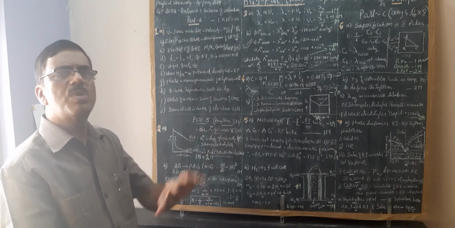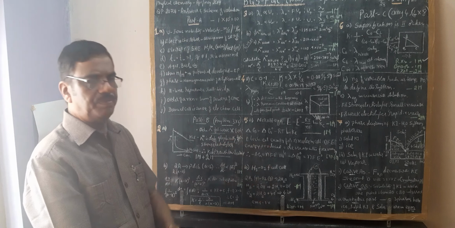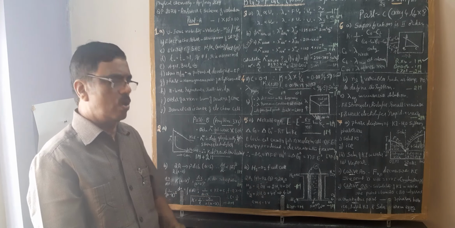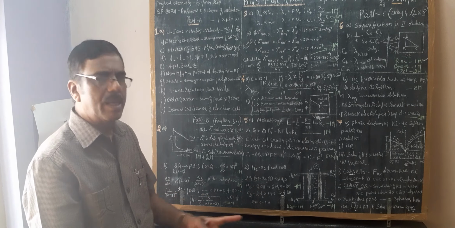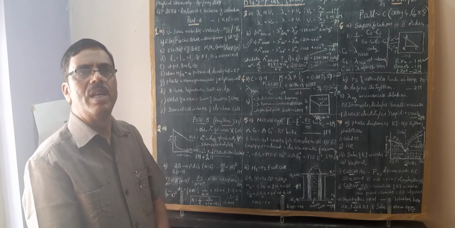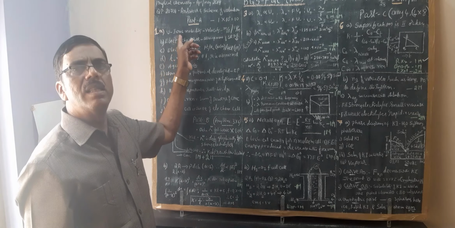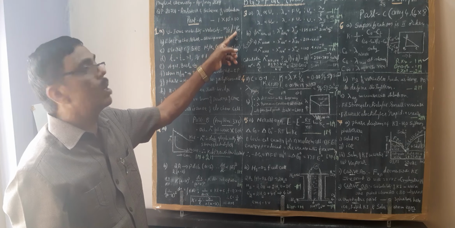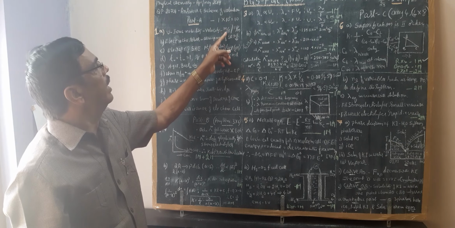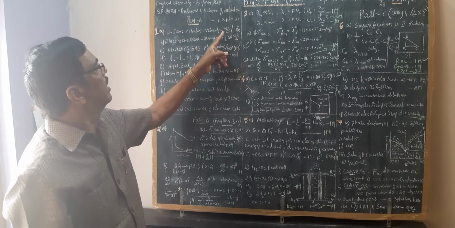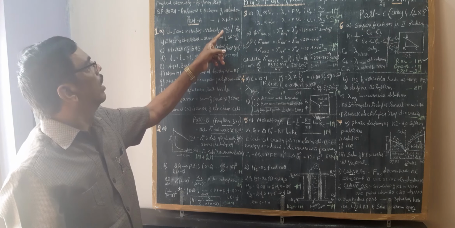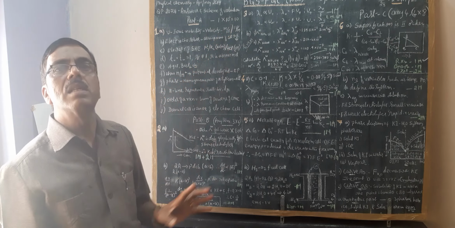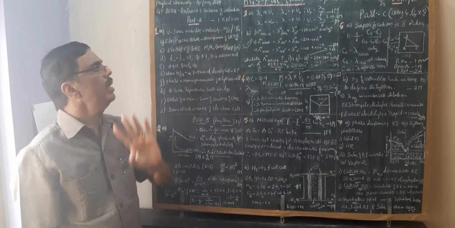Ionic mobility is nothing but the speed of the ion, where in an applied electric potential, the ion migrates. You have to measure the speed of the ion in meter per second under the potential gradient of 1 volt. That is ionic mobility. Ionic mobility is nothing but the velocity measured in meters per second under the potential gradient of 1 volt per meter. So this term should be there, meter per second and 1 volt per meter. It is the speed of the ion expressed in meters per second under the potential gradient 1 volt per meter. This term should be there. If you write this, you will get 1 mark.